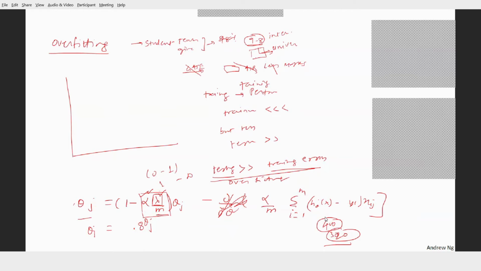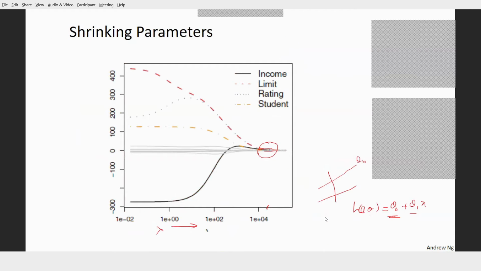So this is what we are going to do in our labs. Your task would be, as in the previous lab also, I gave you the code, but I asked you to actually plot it for different learning rates and so on. Similarly, we are going to analyze how your value of theta changes with the regularization parameter,